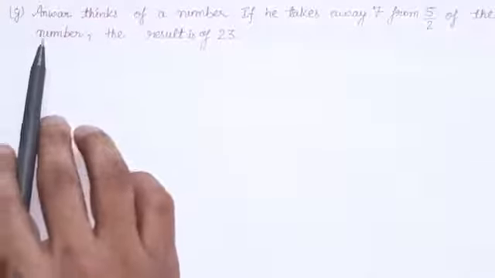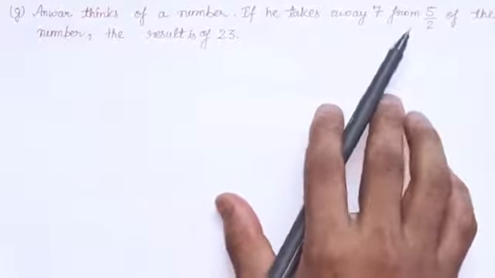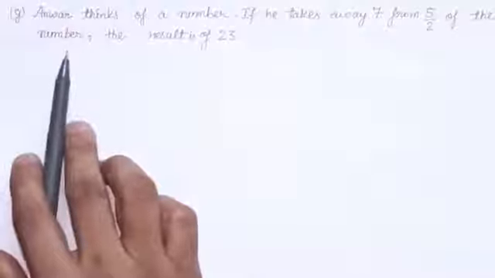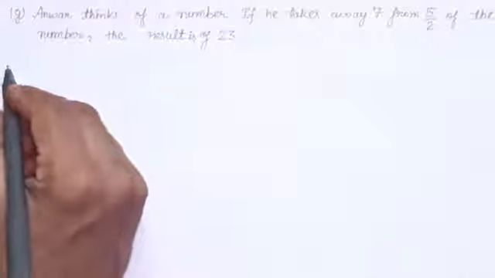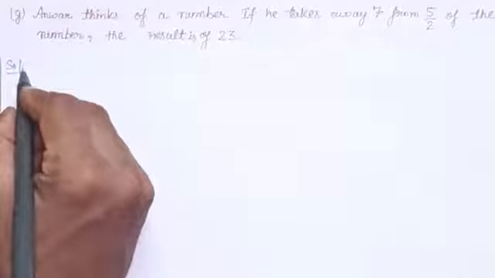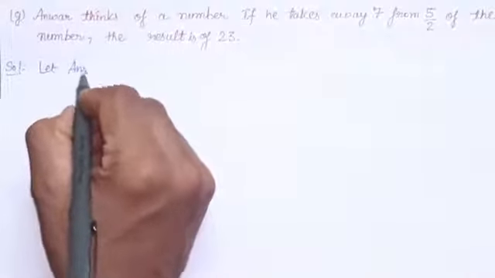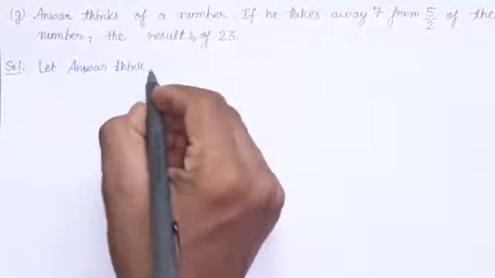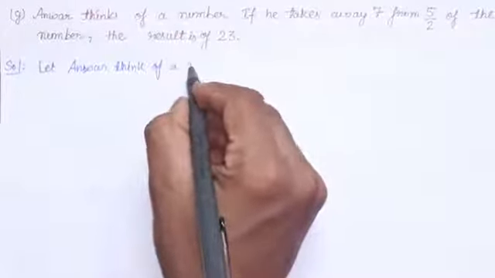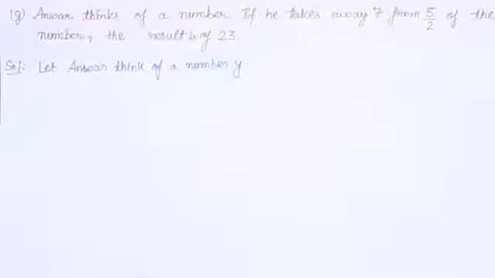In the next part we have given Anwar thinks of a number, if he takes away 7 from 5 by 2 of the number, the result is 23. So let us solve. So first we have to frame the equation for this case. So let Anwar think of a number y. Okay. So 5 by 2